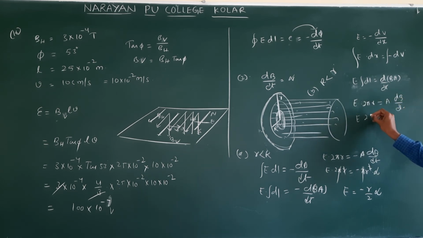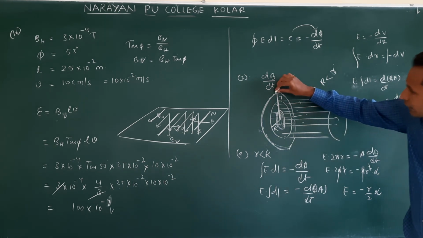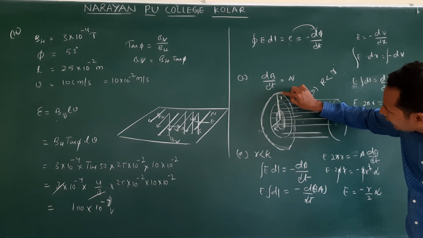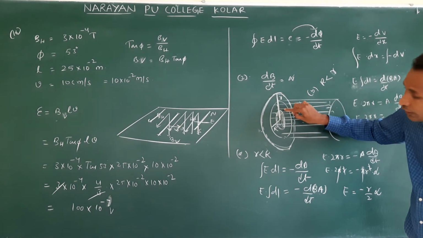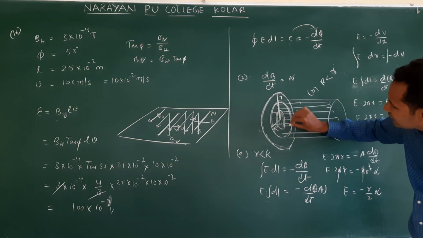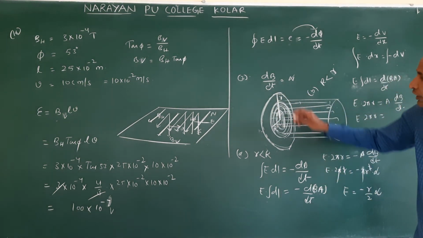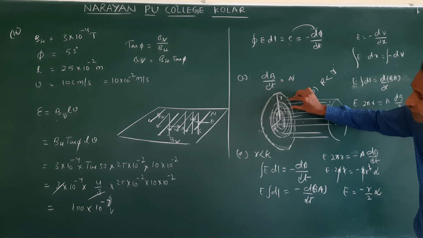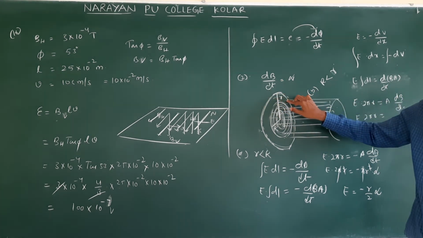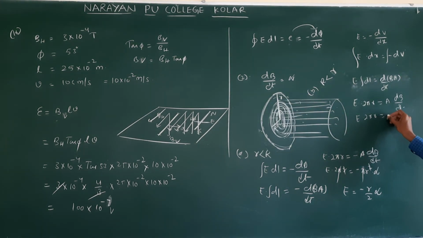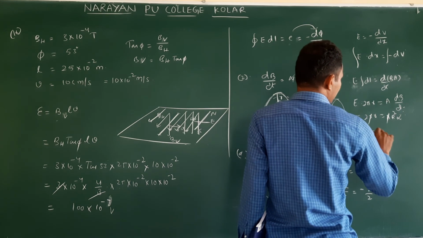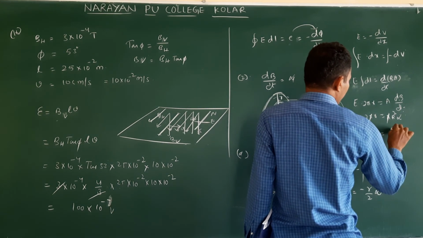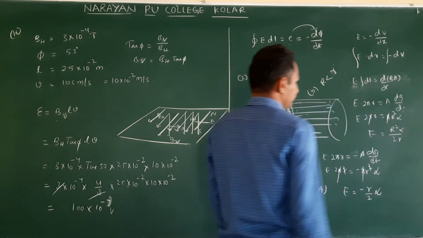So E is equal to 2 pi r. Flux, where the flux is changing, beyond the R or below the R? In the region of capital R only the magnetic flux is changing. So we need to take this area. In this region there is no change in magnetic field, so don't take that area. So here it is pi capital R square dB by dt alpha. Then pi cancels. E is equal to, what do you get? R square alpha by 2r. Clear?